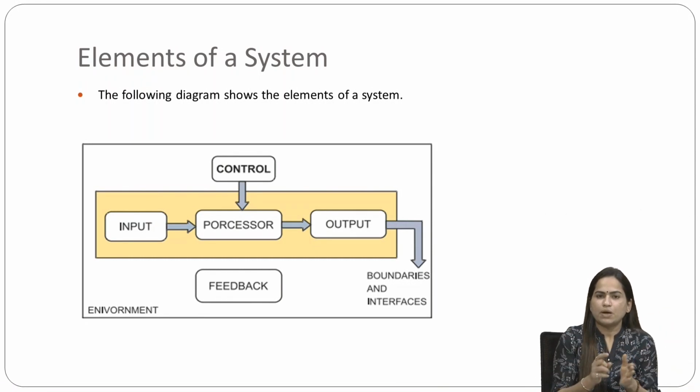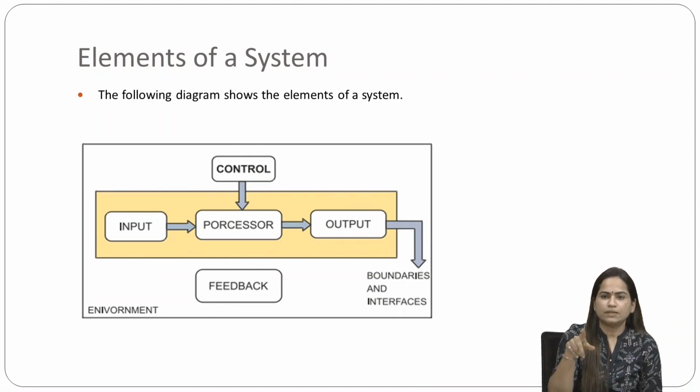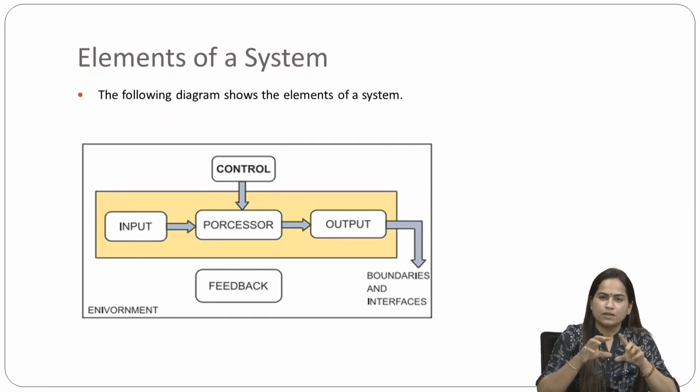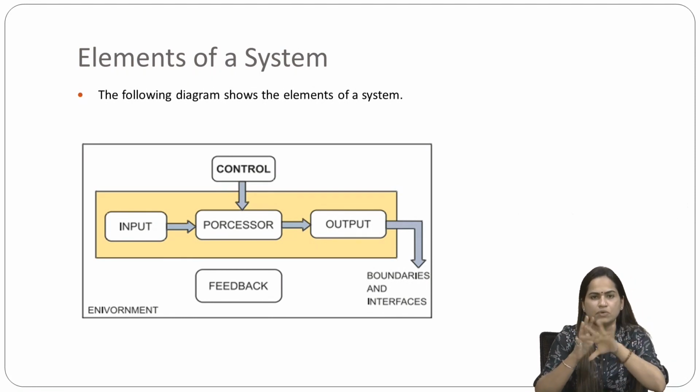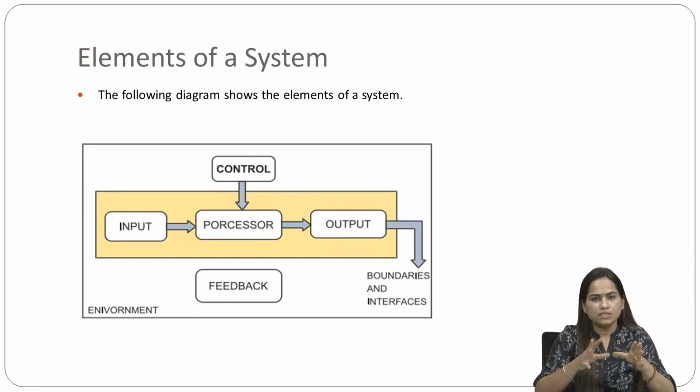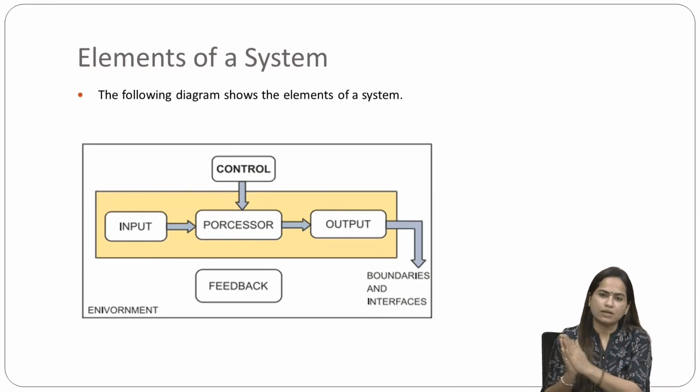We will have system boundaries as well as the interfaces for the system. Each and everything, when we include it like this, gives us one whole system. To it one environment is provided. In the environment we will have input, processor and output. With the processor we will have some control mechanism also, as well as one feedback mechanism which will give us feedback about the system we have made.